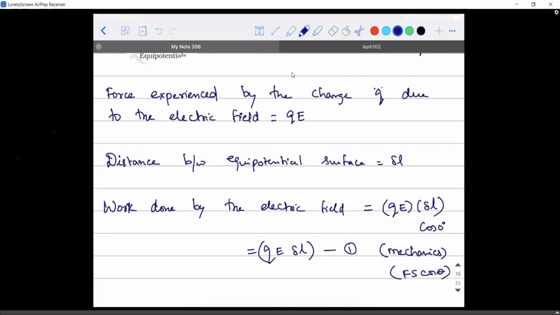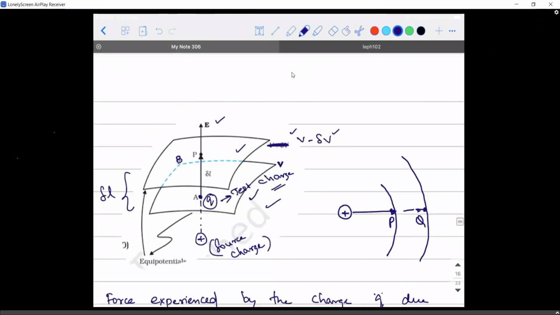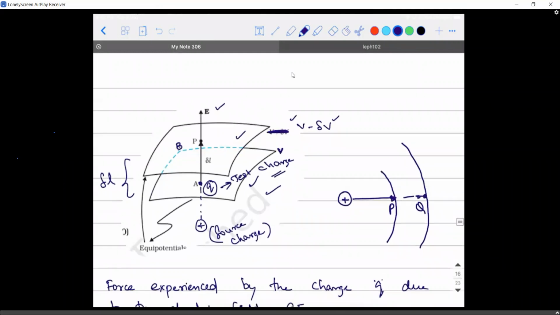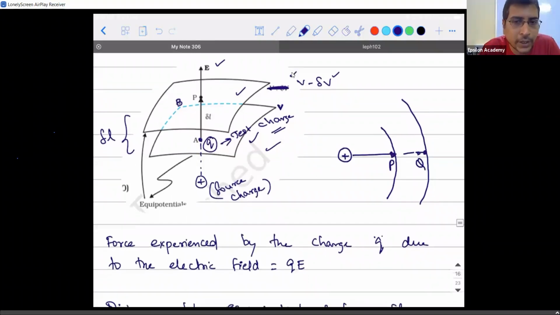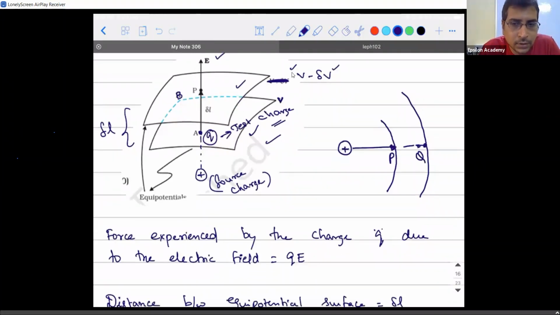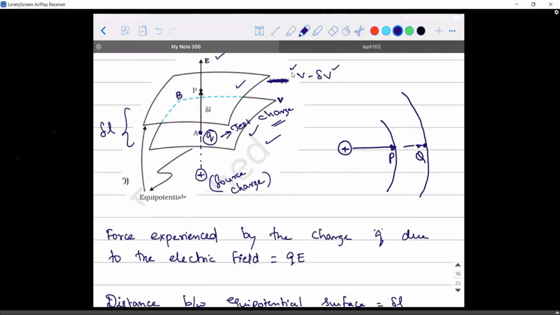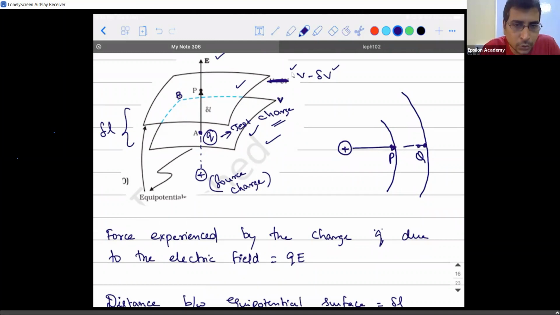Sir, if we take the work done at point P, then will it be V plus del V, sir? You cannot take it as V plus del V at all, because I gave you the logic for why I wrote it as minus. I didn't take it randomly. I told you that as you move away from the source charge, the potential is going to decrease. So if the potential of surface A is V, then the potential of surface B should be less than that. It is not possible for you to have a positive value. That is what I mentioned.